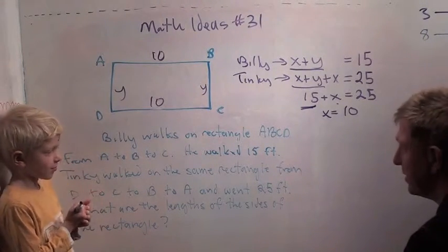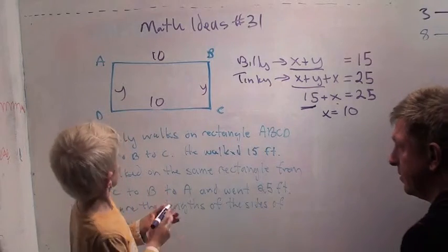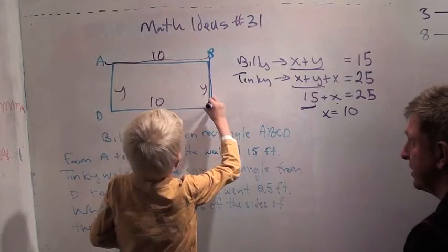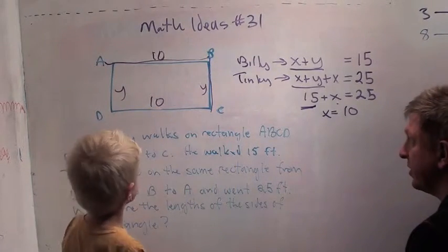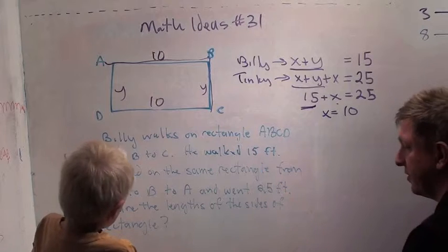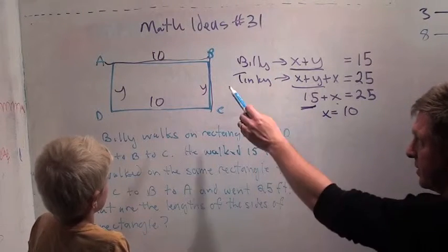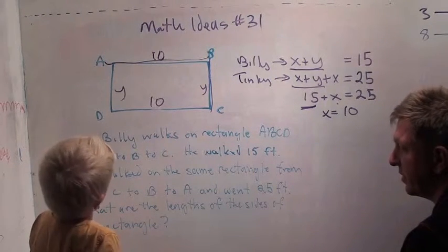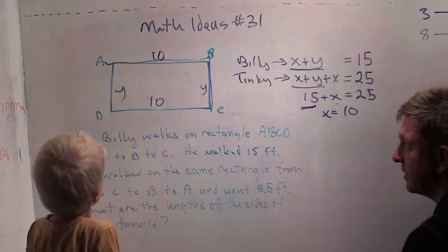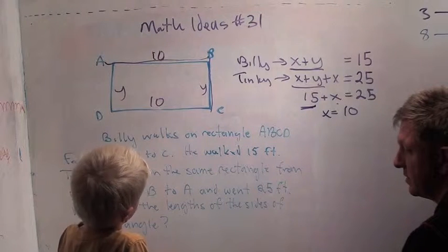I don't know. You don't know? Well, let's see. Where did Billy walk from? Why don't you take my purple pen and show me where Billy walked from. Billy walked from A to B to C. Okay? And how far did Billy walk? Well, what does it say in the problem, how far Billy walked? 15 feet. So how far did he walk going from A to B? Actually, he walked 15 feet. He walked 10 feet from A to B and 5 feet